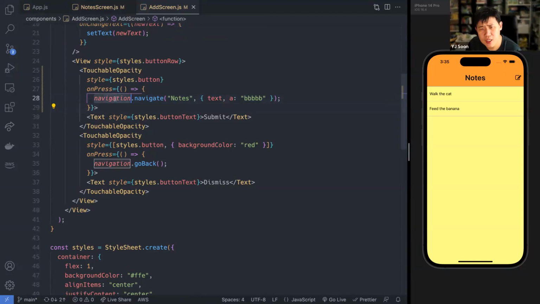Okay, so navigate notes, and then it sends over text and other stuff. Okay, good. All right, did I set up my use effect wrongly?